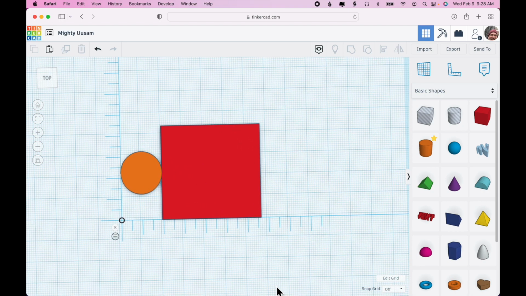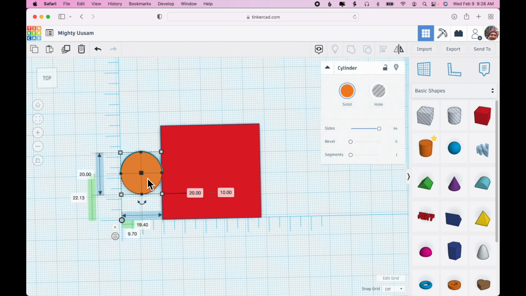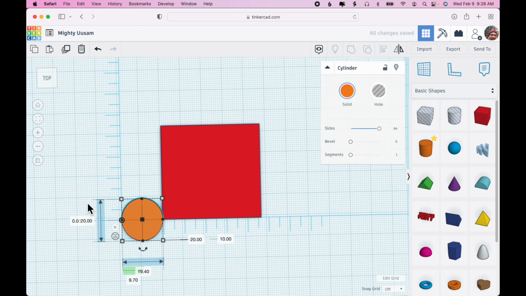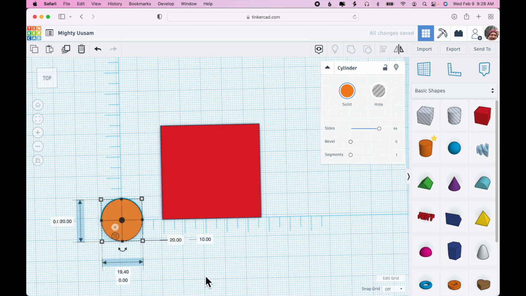To get rid of the ruler, you just click the X to dismiss ruler. But while I'm in here, I'll point out one other thing. You also have the option to use the ruler as a midpoint. So if I click that and then I click on the cylinder, for instance, you'll see that the midpoint is selected. So if I change the distance from the origin to 0, 0,